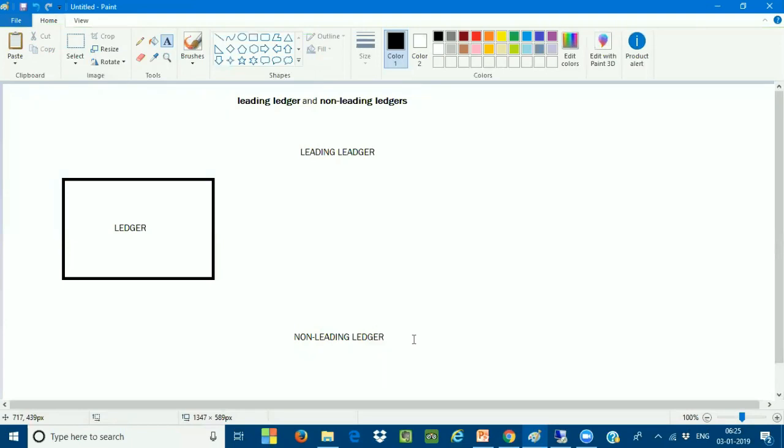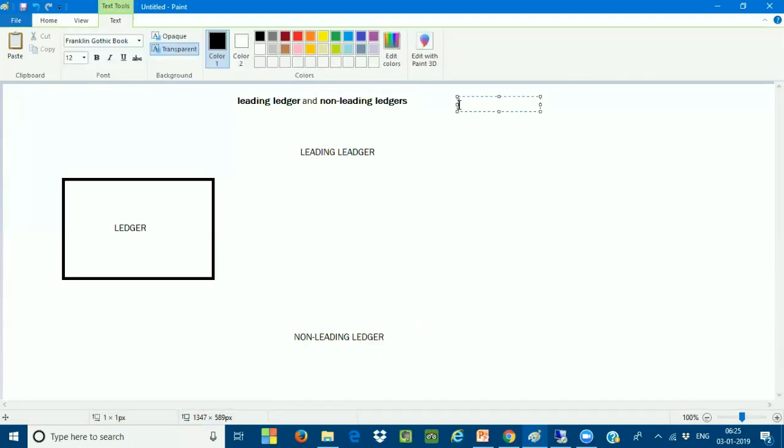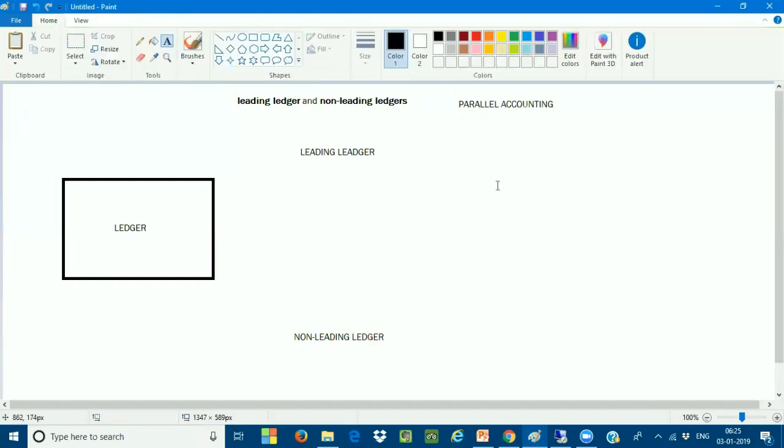In SAP, there is a concept called parallel accounting. I'll tell you what parallel accounting means, which is very, very important. The concept of parallel accounting is very, very important. We will come to know what parallel accounting is and everything.